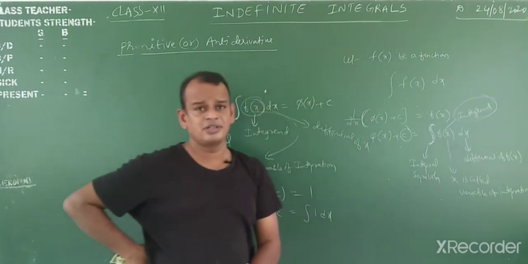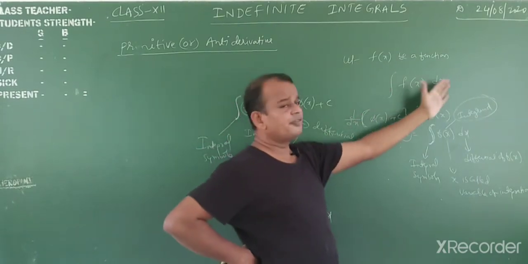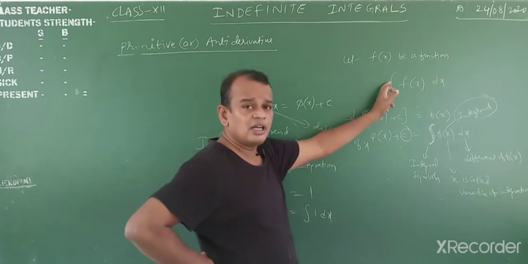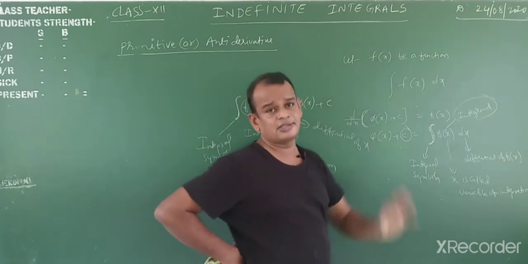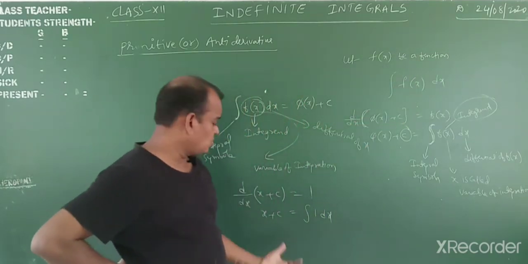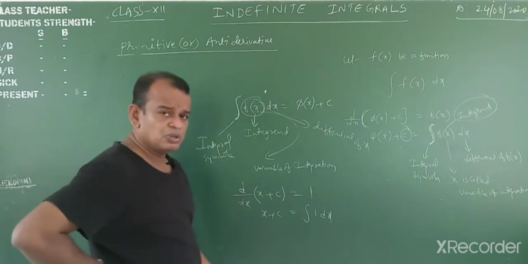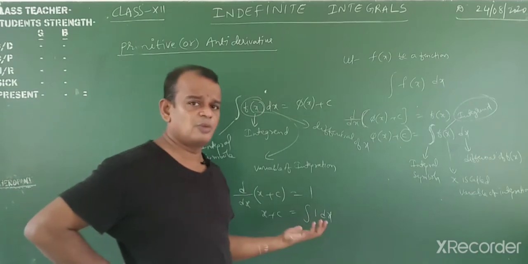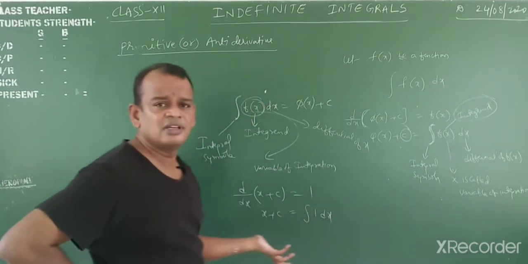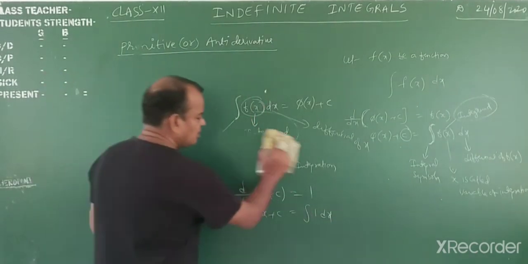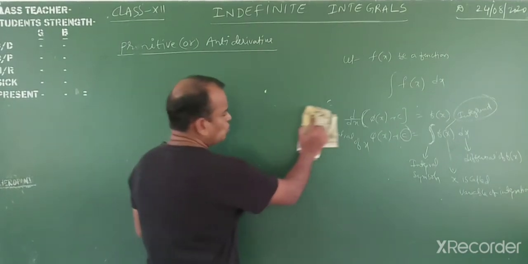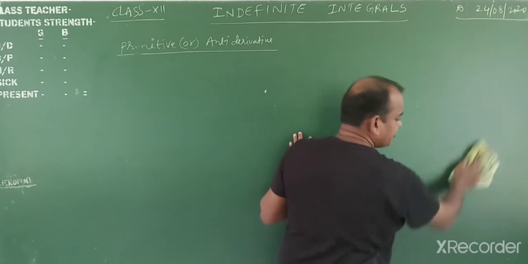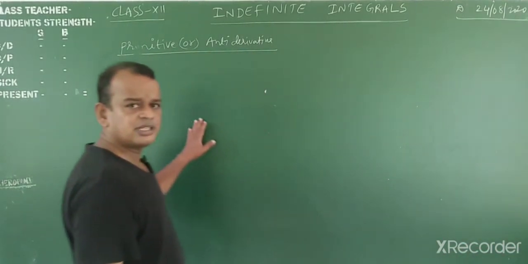Okay, my dear students. How to write that one? The integral of f of x dx. How to read this one? The indefinite integral of f of x with respect to x. Okay, that's why I am telling you, you know the formulas for differentiation perfectly, so getting the formulas for integration is also very easy. Otherwise, nothing. Now, how to write the formulas for this one? Simply observe one by one. Here differentiation formulas, here integration formulas.